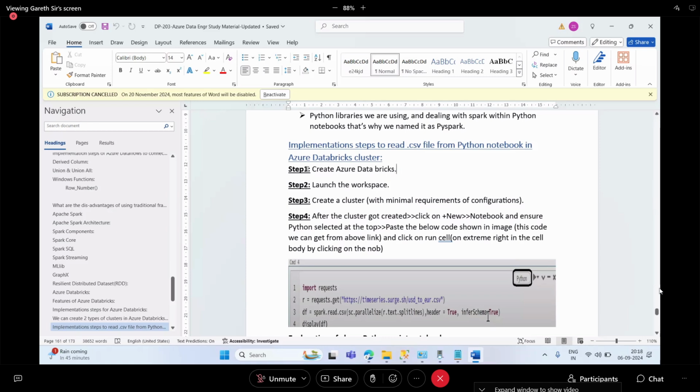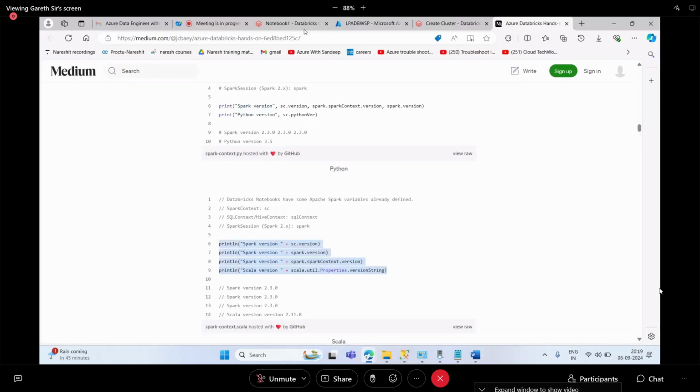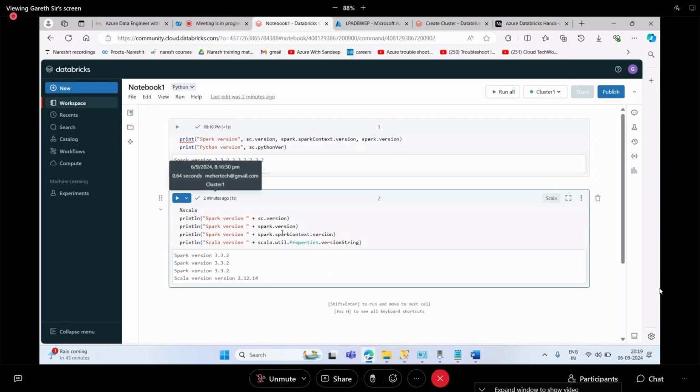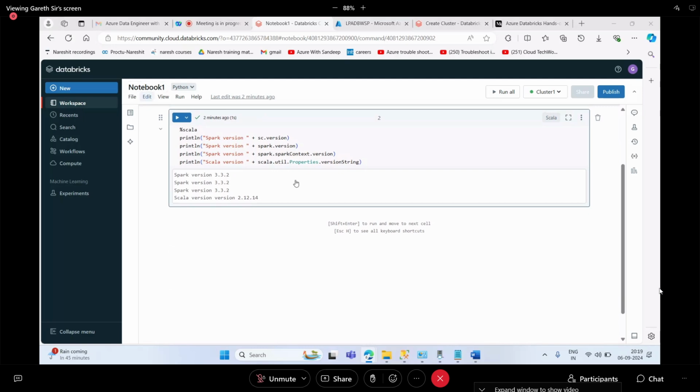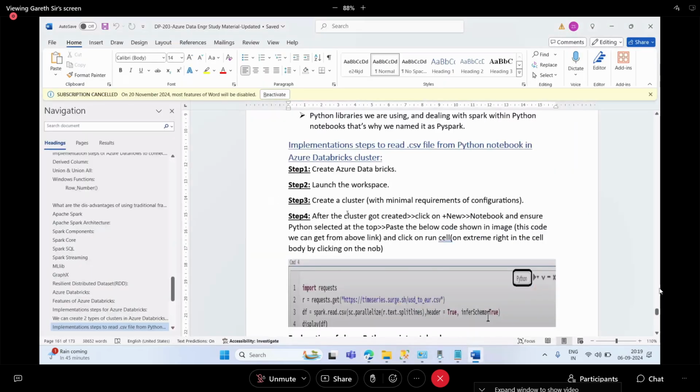Create Azure Databricks. Okay, that is all ready here for us, right? Databricks is ready. Cluster is also ready. Notebook we have also created. That is fine. Launch the workspace, create the cluster. All these things we have done. Correct or not, guys? After the cluster got created, click on plus new notebook and ensure Python is selected at the